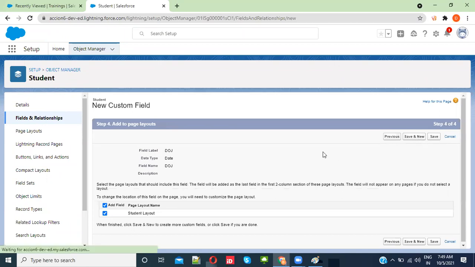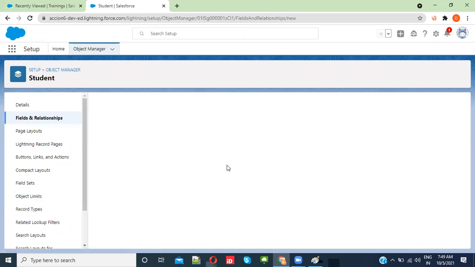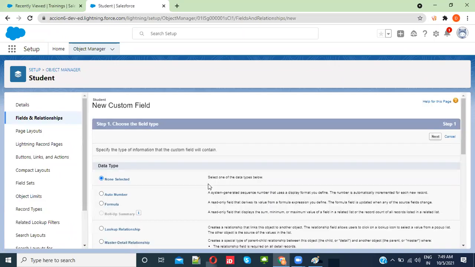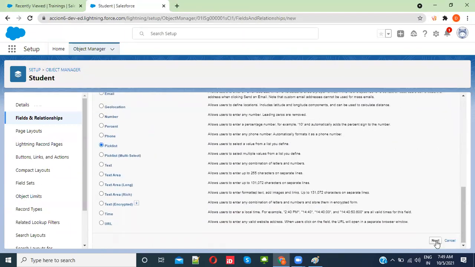And then status, student status. We are going to create a new field. That is a pick list.